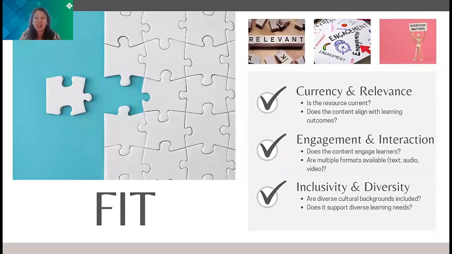So for fit, we're looking at how well the resource aligns with your course and also your learners. Because let's be real, when we select something, we may not need all 10 chapters of this OER on OpenStax. Maybe we only need chapter 2 and chapter 7,